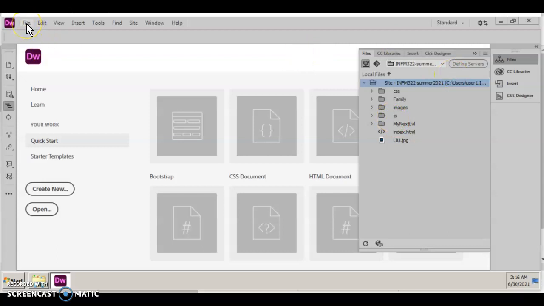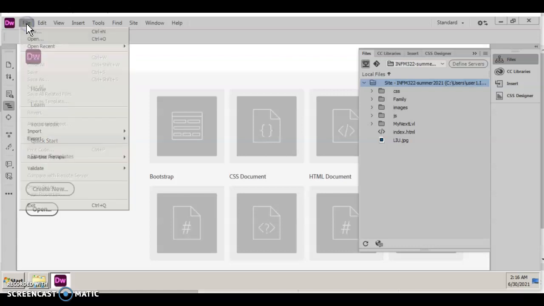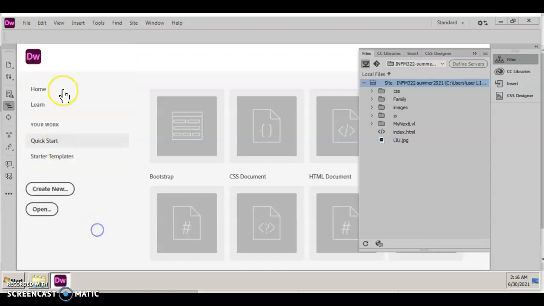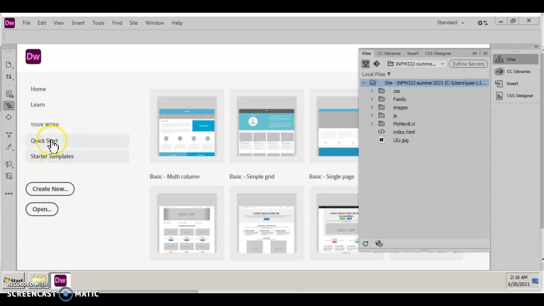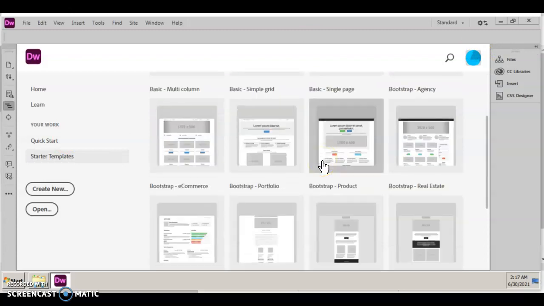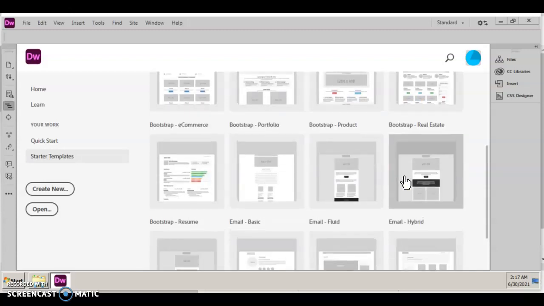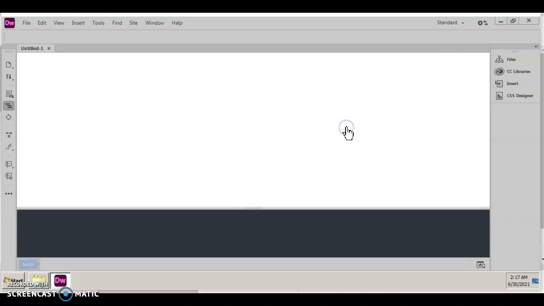So to create my next level site, we would like to create a new start from here actually. Create a template. Templates actually have different types: basic type, Bootstrap, different purposes, e-commerce, profiles, product, real estate, resume. I'm going to go with this,